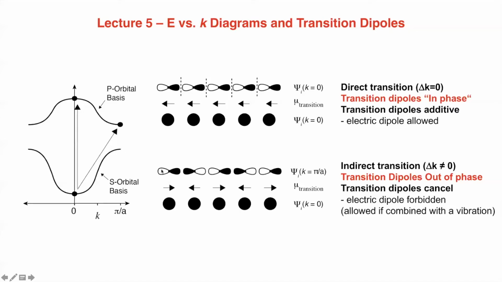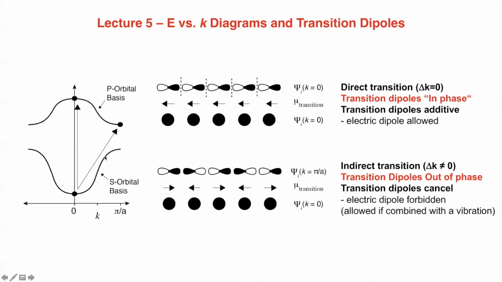For a p orbital, here's the k equals 0 solution for p orbitals in a sigma arrangement. That's the highest energy one. The pi over a is the lowest energy one, right? You flip the sign at each atom and suddenly you get a bonding orbital. So the p orbital basis at k equals 0 starts out at high energy and then it descends to low energy as you approach pi over a. So you can see that from the relative arrangements here